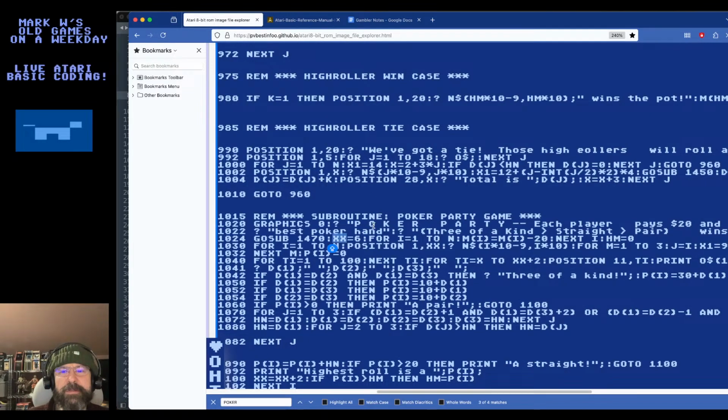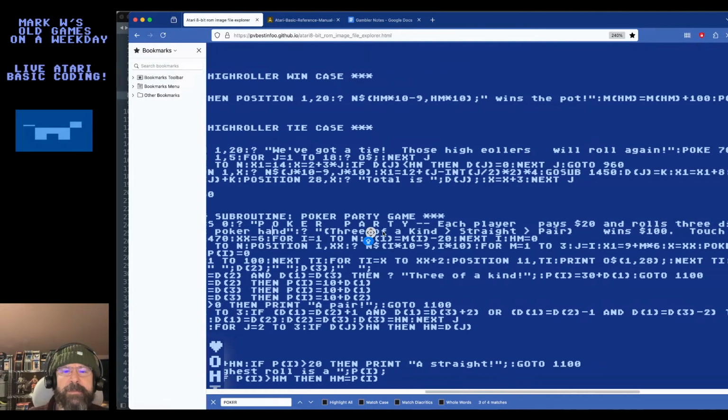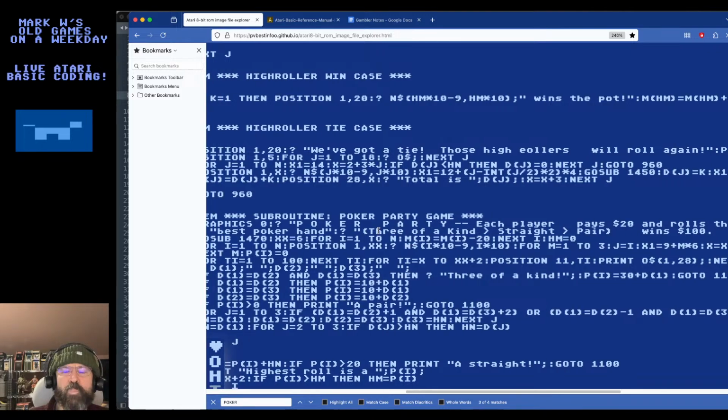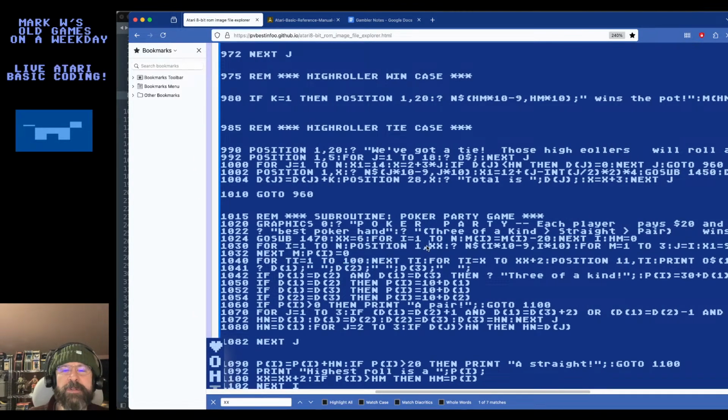I don't know what XX is used for here. X equals 6. Oh, they're positioning at XX manually. Okay. That's where they're drawing the name, I think.